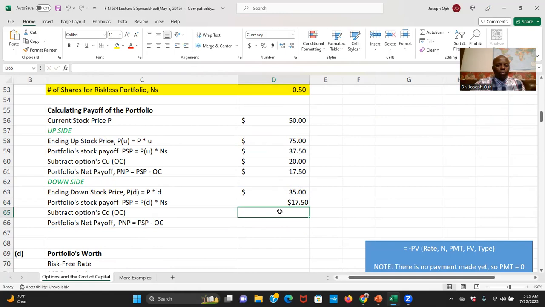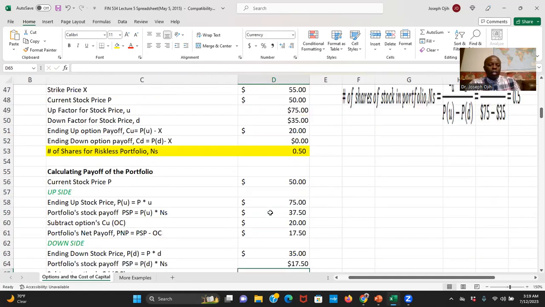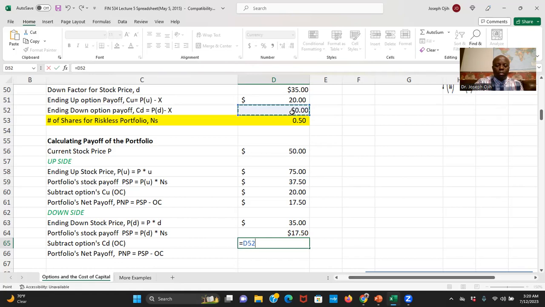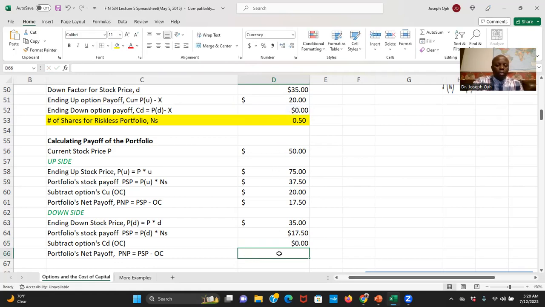Then next is to subtract the CD, which represents the ending down option payoff, which is 0 here. So I'm going to just put it here, $0. So we subtract it, equals